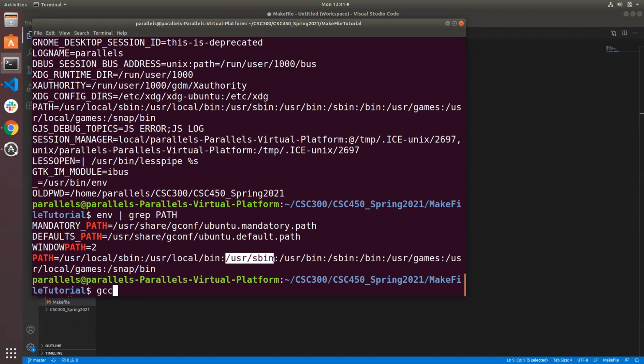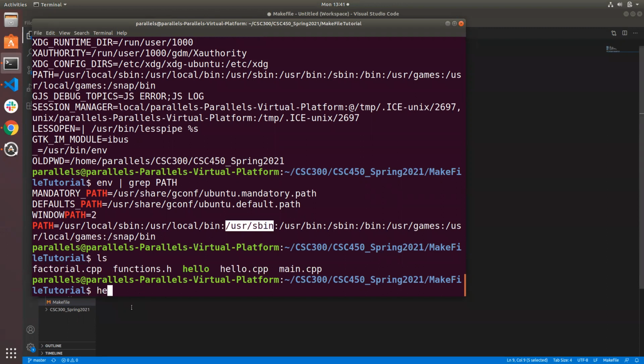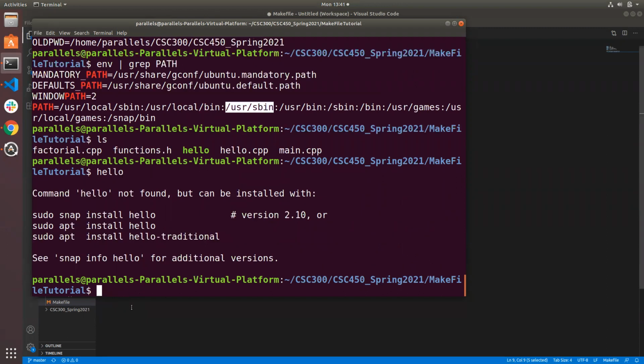All right, this is unrelated to Makefiles. This is just an operating system thing. Same thing's true on Windows. Windows has a path environment variable that says, look, if you just type something, I'm going to treat that as if it's an executable, and I'm going to look in these seven, eight, nine places, whatever it is. So if I have a file in this local directory, hello, and I just type in hello and press enter,